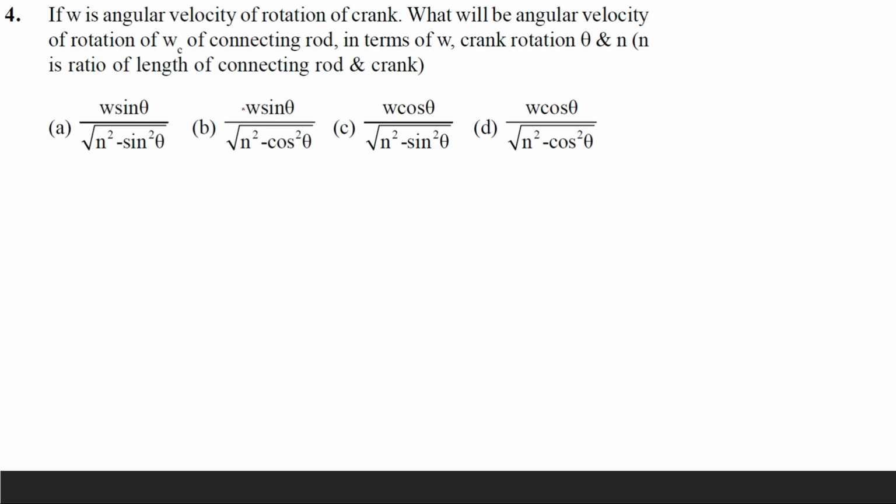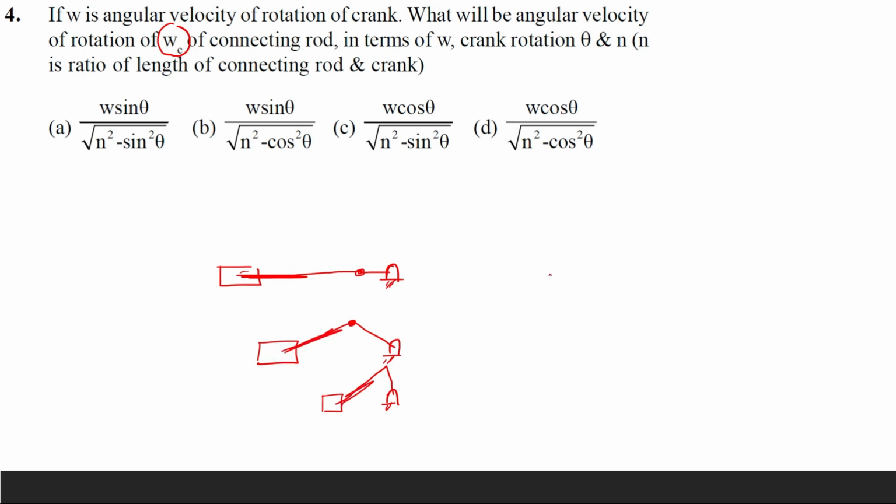Now again there is a formula for the velocity, I can say, connecting rod का आपको angular velocity निकालना है. Now what is the meaning of connecting rod angular velocity? So suppose piston is initially here and the connecting rod is here, crank is here. So after some time it moves to, I can say, this location, and after some time it moved to this location. So here you can see that initially connecting rod is here, now it is here, now it is here.